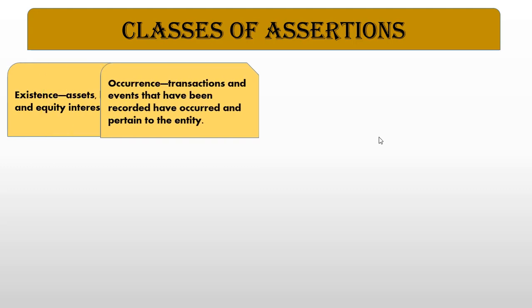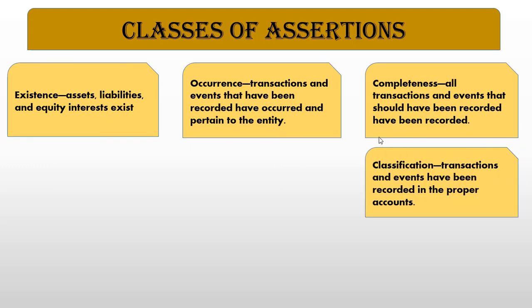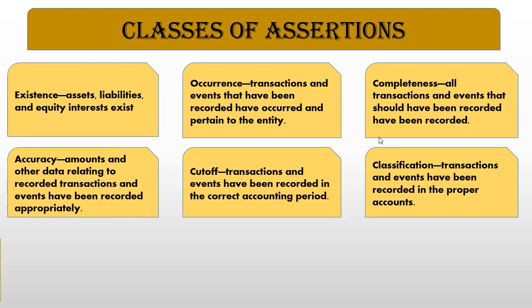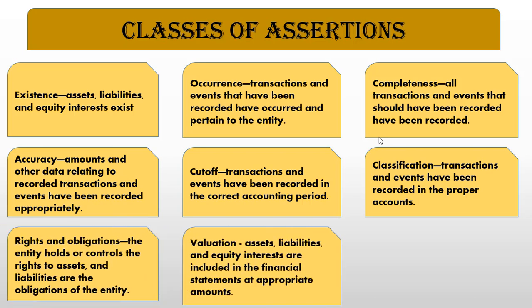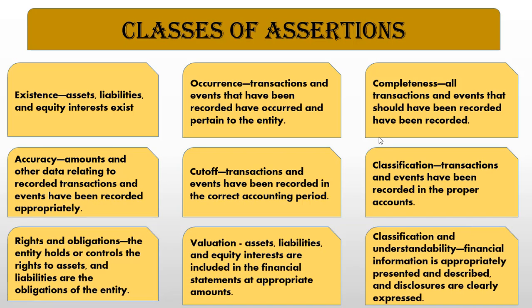Now, there are different types of assertions that the client will include or present in their financial statements. So these are major classifications of assertions. Okay, we'll start on existence. So we have to test whether the asset, liability, and or equity really exists. Occurrence, on the other hand, is for us to determine whether the transaction that had been recorded had actually occurred